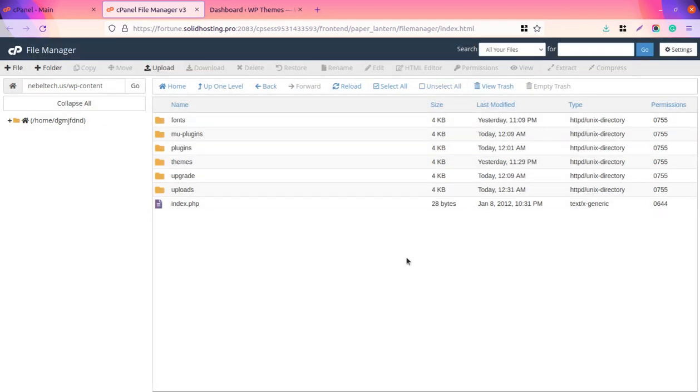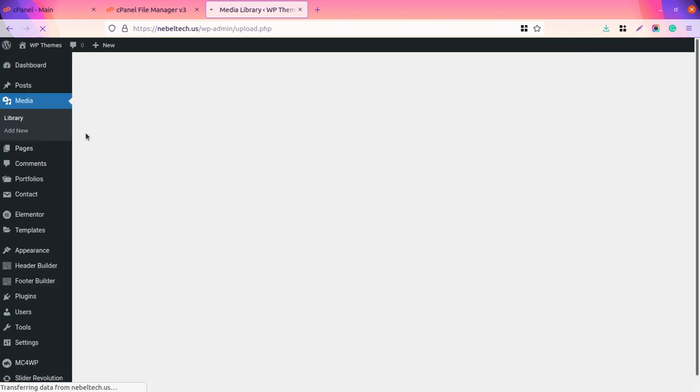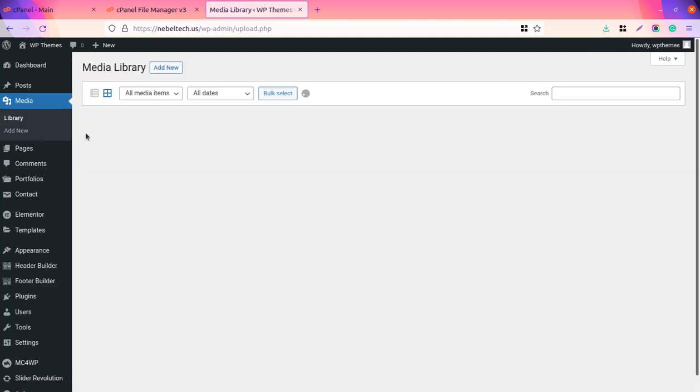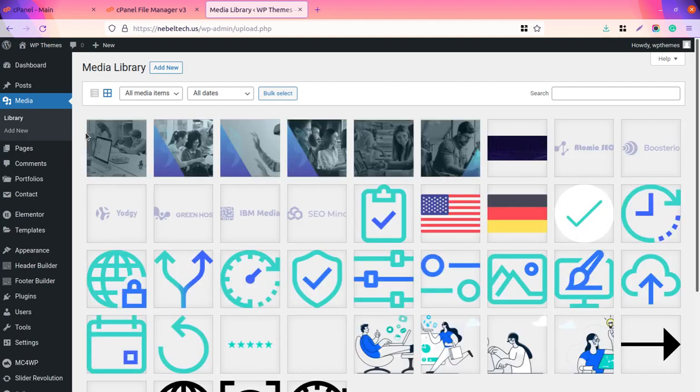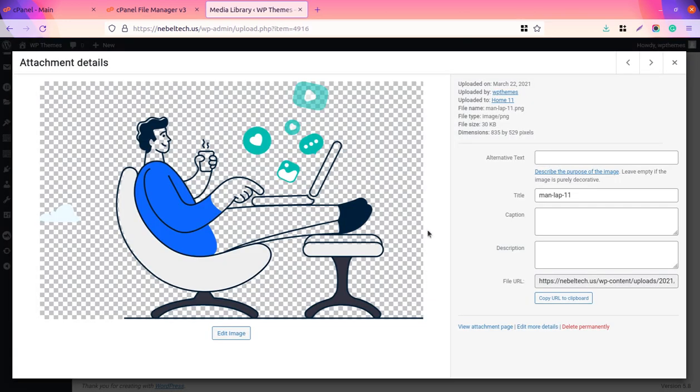And now all the necessary things are here, and now we can check the media library whether we got everything or not. And yes, so we have images here, and 256 images are here, so we can simply check any one image.